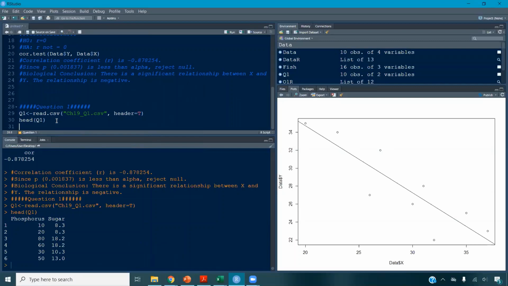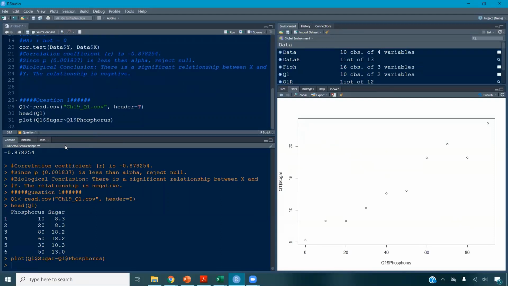And then I'm going to go ahead and plot the data using plot Q1, again with this Y value. So the Y value here is the sugar, the percent sugar in the corn. It is the dependent variable, what's being tested and observed. And we're going to plot the sugar according to the Q1 phosphorus. So that phosphorus is the independent variable. It's what the farmer specifically controlled those numbers for. And when we plot that, we see on the plot section that we do have a pretty nice linear display